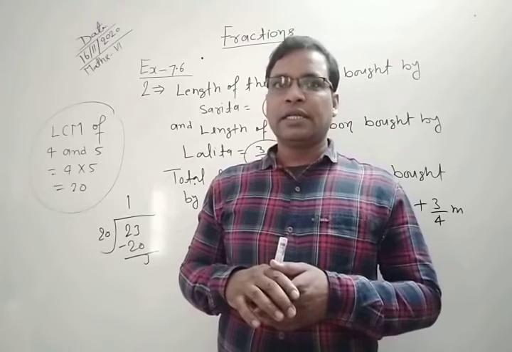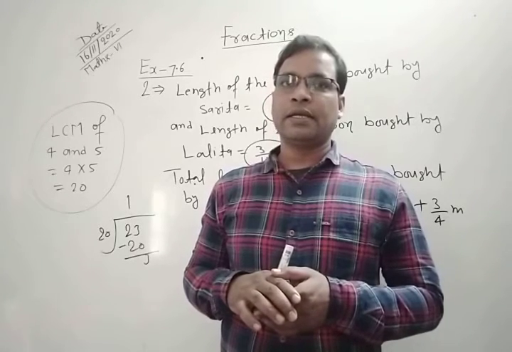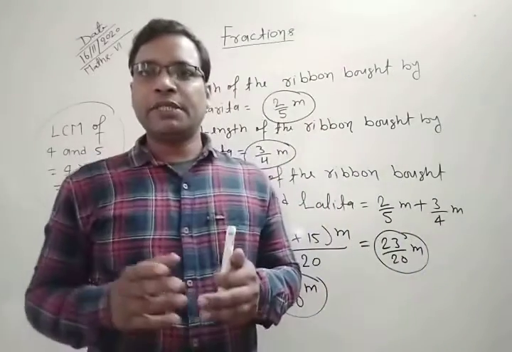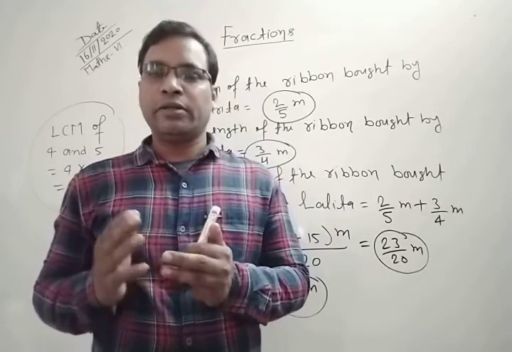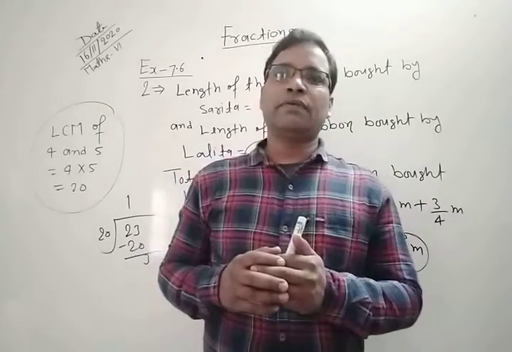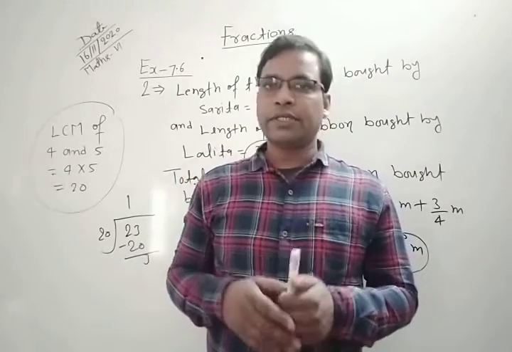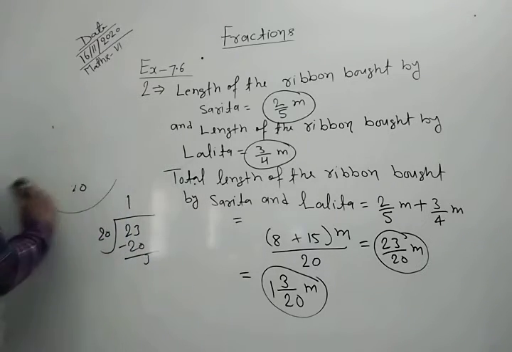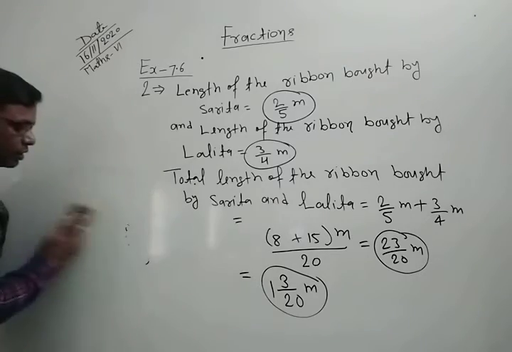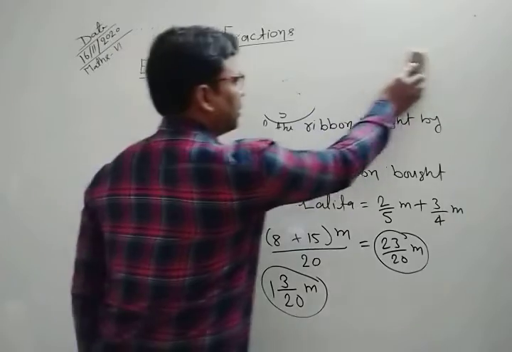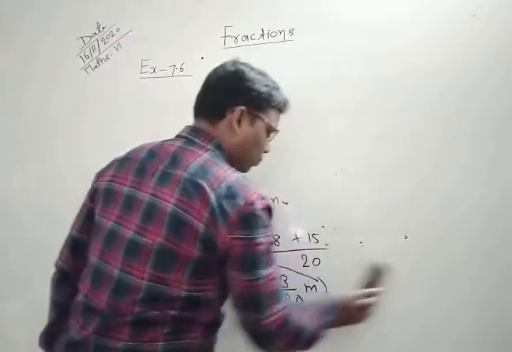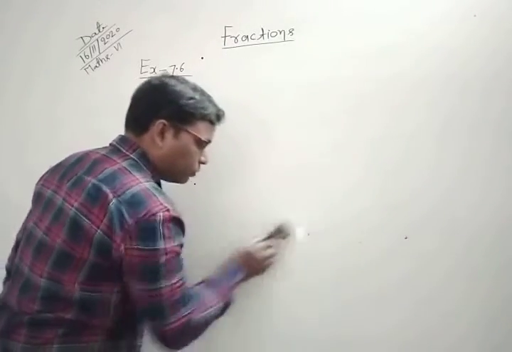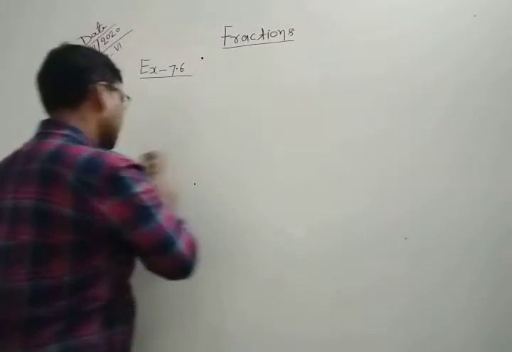So in this question, it is given that the piece of cake given to Naina is 1 whole 1 by 2, and the piece of cake given to Najma is 1 whole 1 upon 3. We need to find the total amount of cake given to both. Let's see how to solve this question. First we read it, after this we solve question number 3. We need to find the total amount of cake given to both.